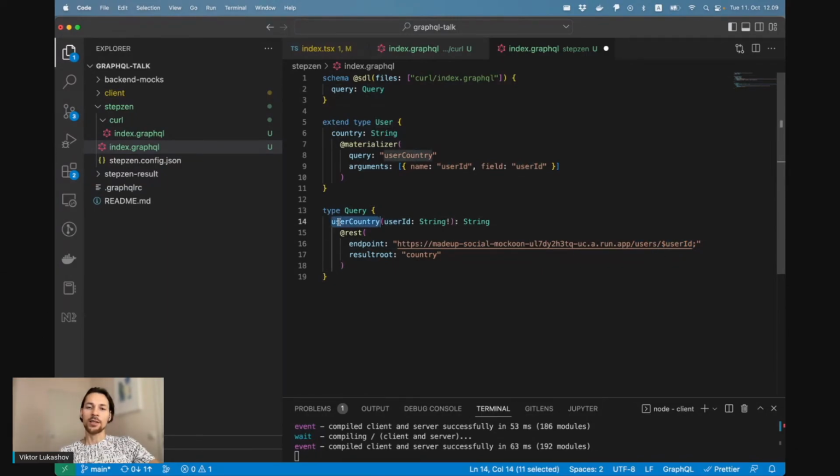Now, this is a second query. One was notification list. This query is user query, user country. And then I'm going to extend the existing type, add an additional field to it, and say that whenever this type is being returned by my API, it should get this property of the user object from this query.